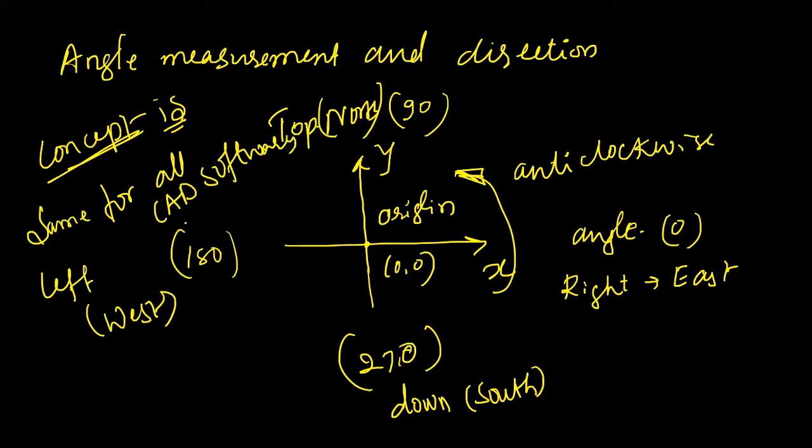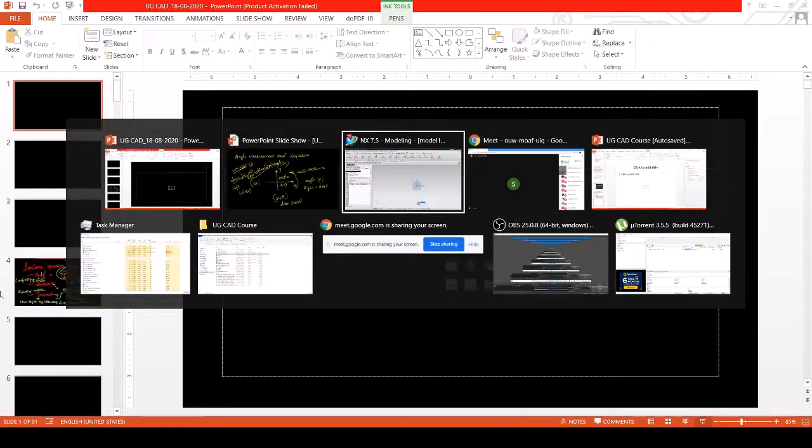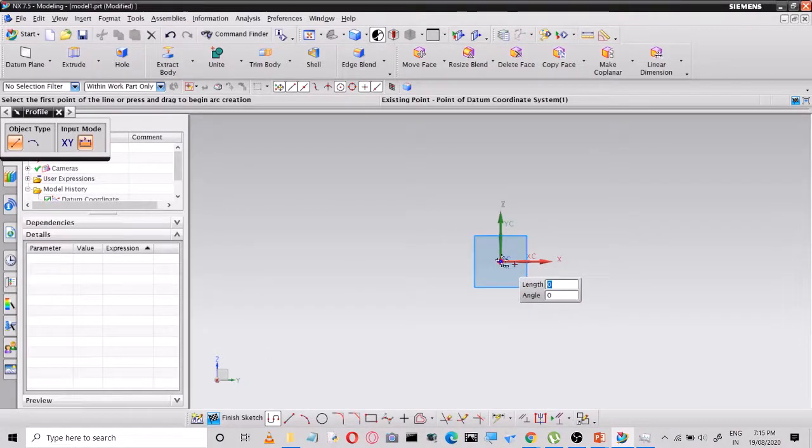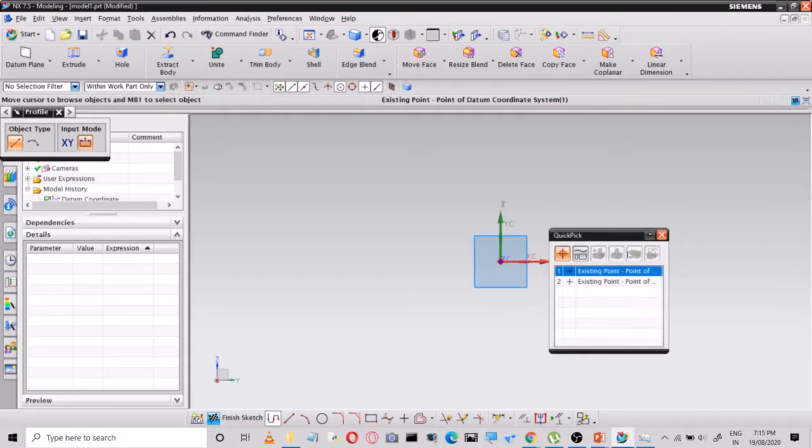Okay. So, not only for UZ, not only for CATIA, not only for Solid Edge, if you are using any type of CAD software, this angle measurement and angle reference directions are the same. Let us take an example. Now, make a first point here. That is the existing point.